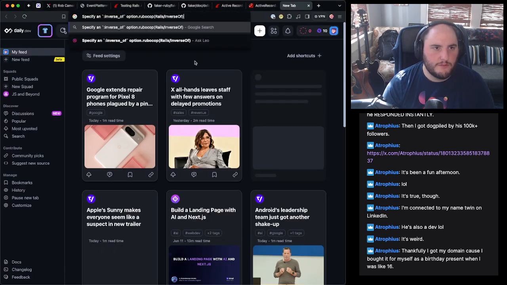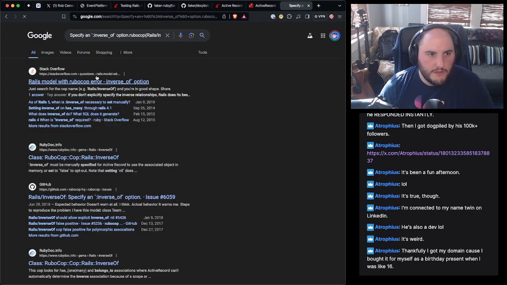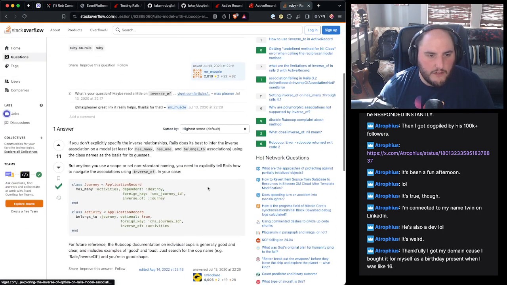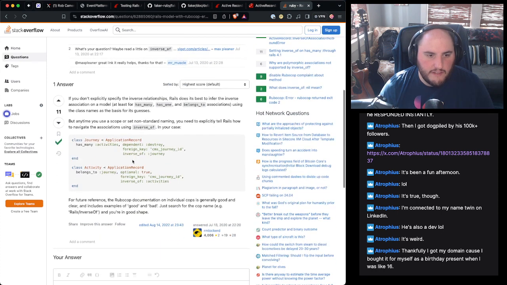I haven't seen this rule before. So what's going on? If you don't explicitly specify the inverse relationship, Rails does its best to infer the inverse association on a model, at least for has many, has one, belongs to associations, using the class name as the basis for its guesses. But anytime you use a scope or set non-standard naming, you need to explicitly tell Rails how to navigate the association of inverse. Well, we don't have an inverse.